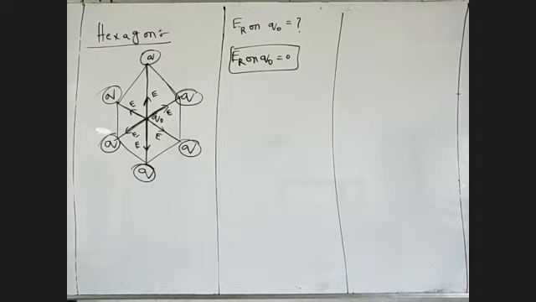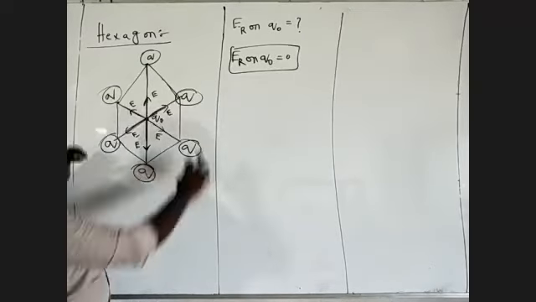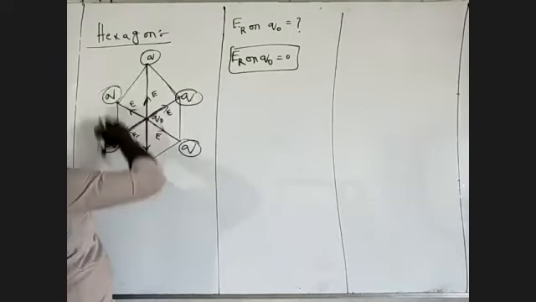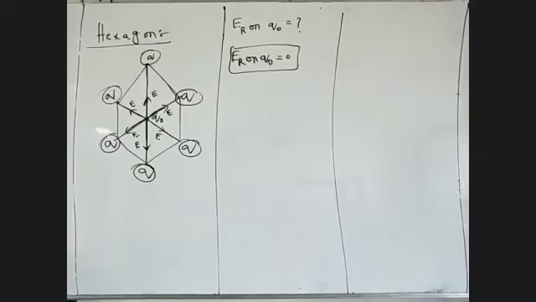This is the hexagon. The distance between vertices of the hexagon, this length is L, this length also L, here length also L, here L. All the lengths are the same. That is the hexagon. Next, the second problem is